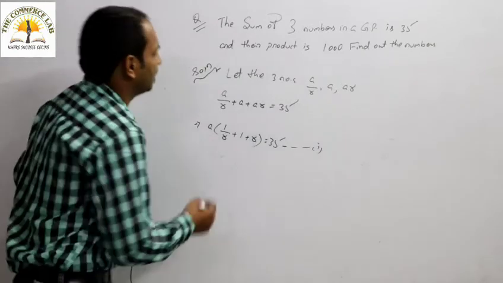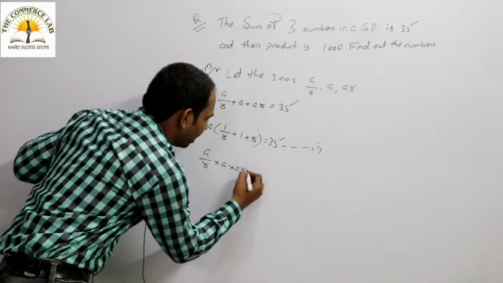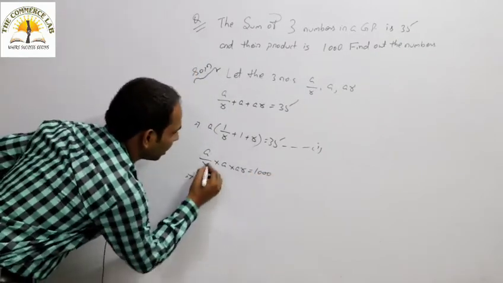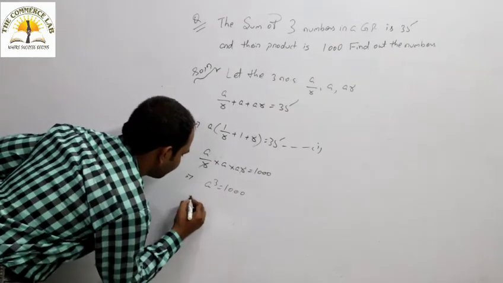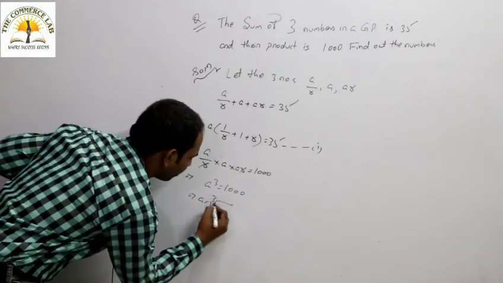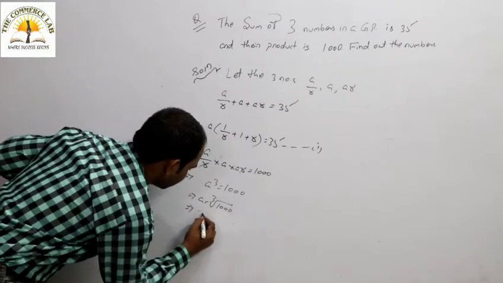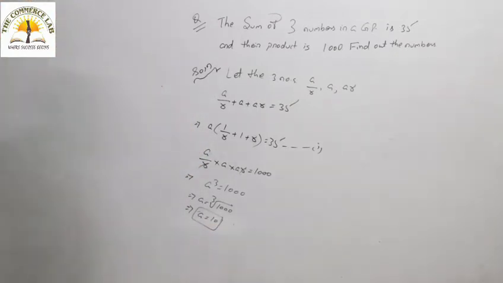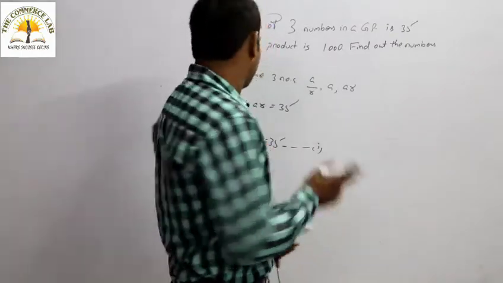Then the product of A by R multiplied by A multiplied by AR is equal to 1000. This implies R gets cancelled. A cube is 1000. Then A becomes the cube root of 1000. This implies A equals 10. Then putting the value of A in equation 1,